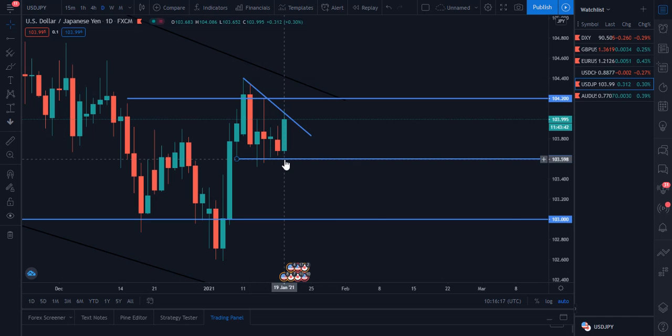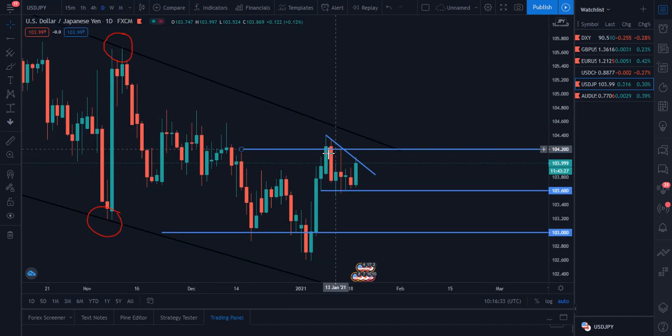And I said here 104,200 acting as a strong resistance. As you can see as well, it's been acting as a strong resistance, which had a minor false breakout. Then it came here to correct and go up. But also here, as you can see,